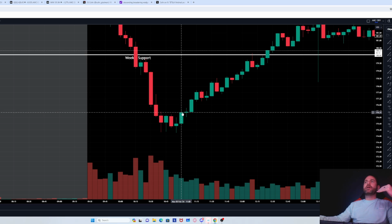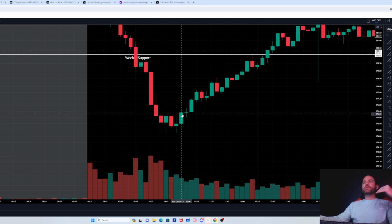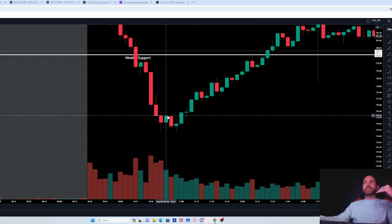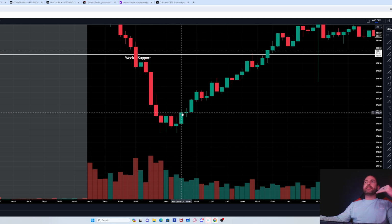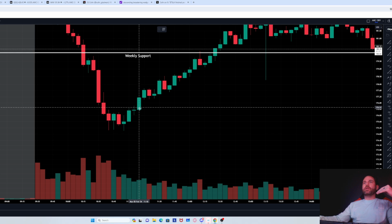This candle right here was a 5-minute close above these previous levels. So you can see the rejections right in here, basically right at 176. Once we broke above that 176 rejection and closed above it, then I jumped into 180 calls. So this one would be a long position